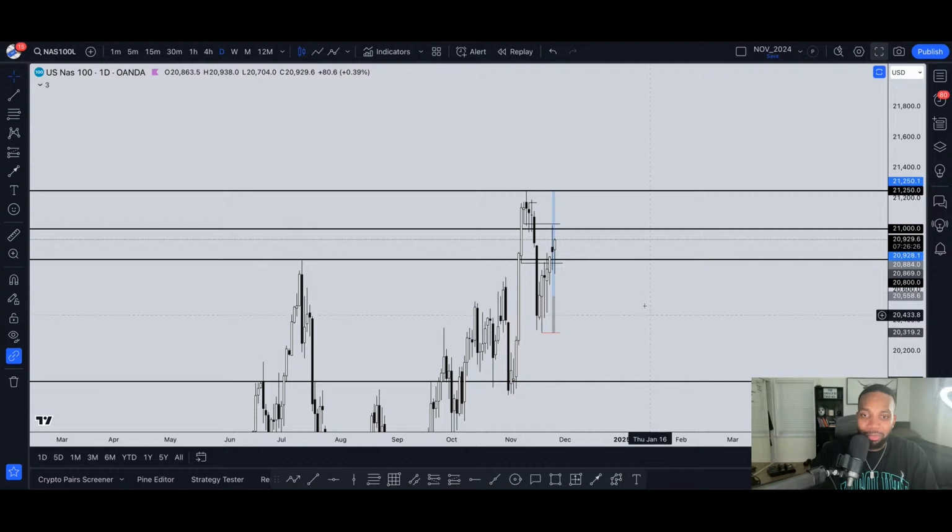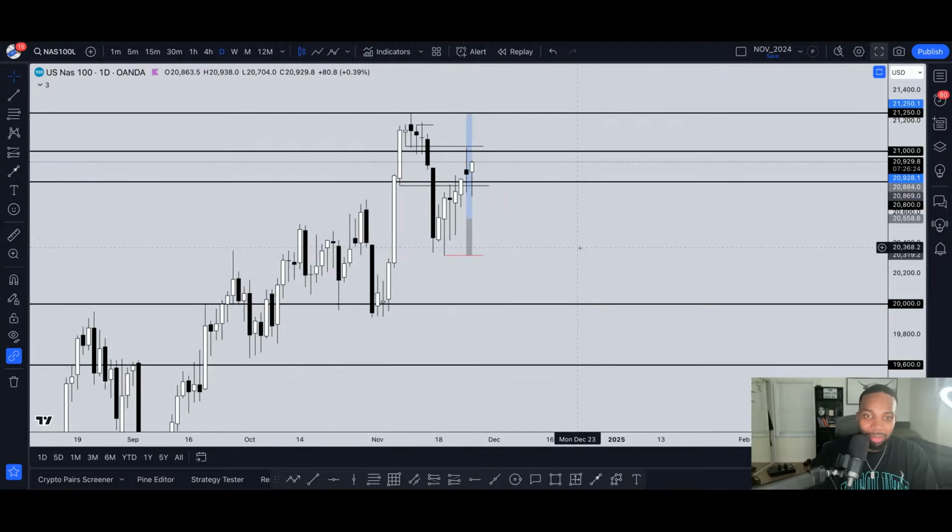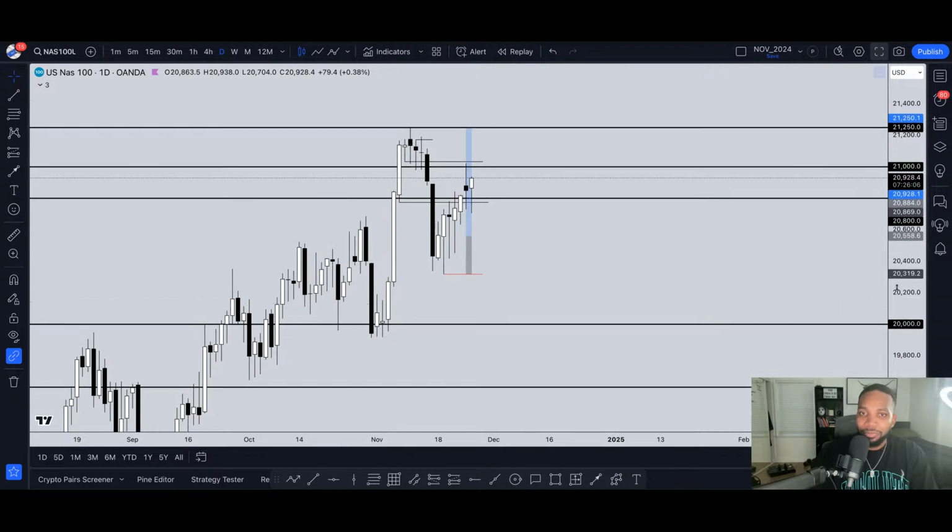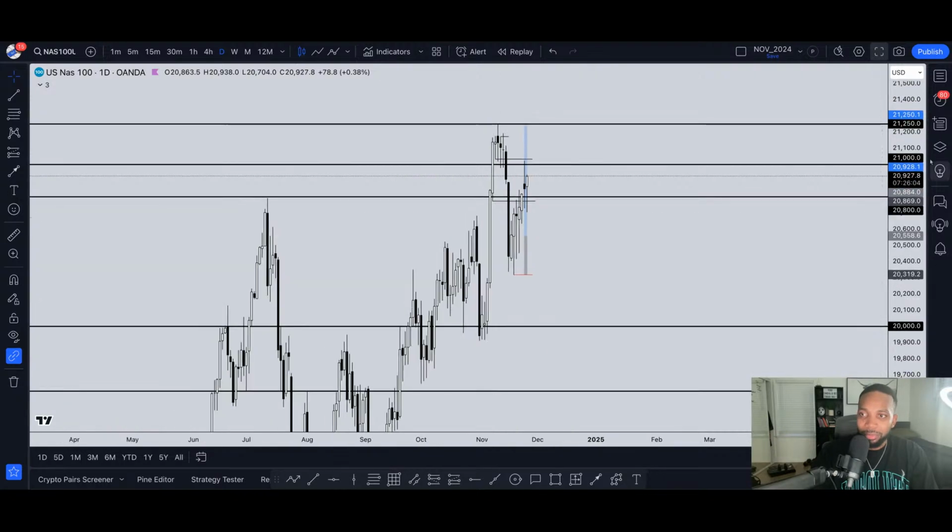I would just capitalize whenever the market pulls back. Let's say the market just ran 1,000 pips last week and then this week it's selling off. I like to look for buys as price is selling off because you want to buy low and sell high. And if you want to look for sells, you want to look for sells as price shoots up, right? But yeah, this is solid.